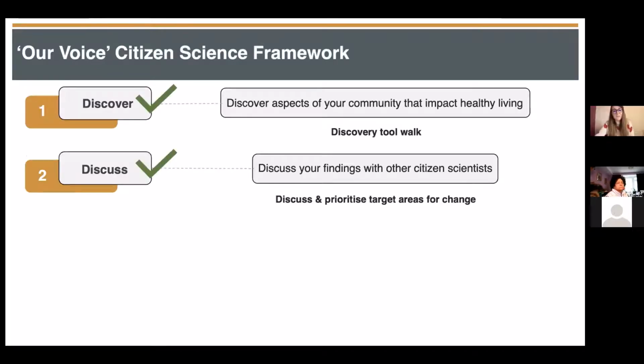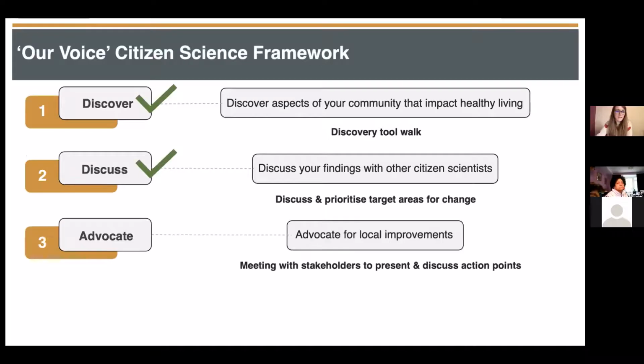So once we finish these 2 stages, we'll then move on to the advocate stage. We're planning to put on a workshop with local community members from the different organisations involved, such as Birmingham City Council and Ageing Better. This will be an opportunity to have an open discussion between citizens and these individuals on how to produce some workable changes and action points, which citizens can then advocate to these individuals. It will produce a set of action points that citizens have prioritised and shared with these decision makers to produce workable actions that can be shared.